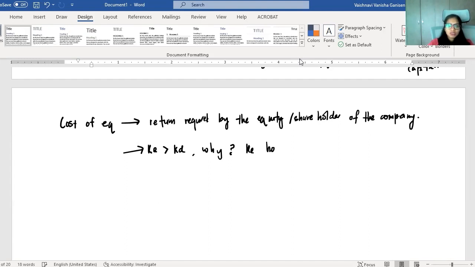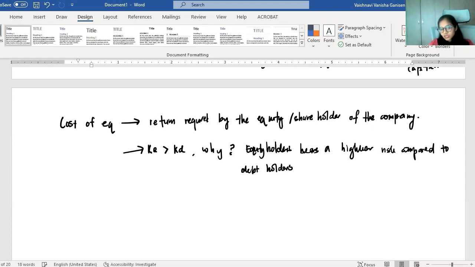Because equity holders bear a higher risk compared to debt holders, as they are the last ones to be paid in an event